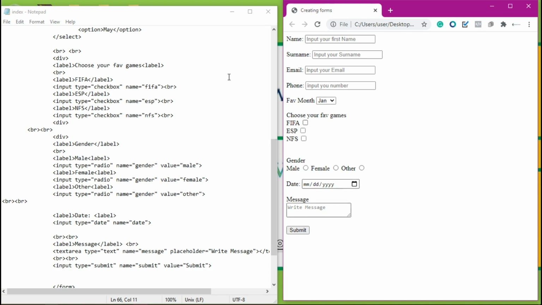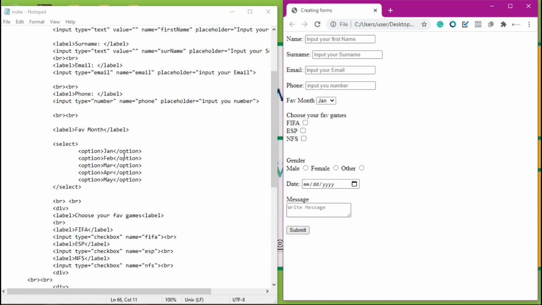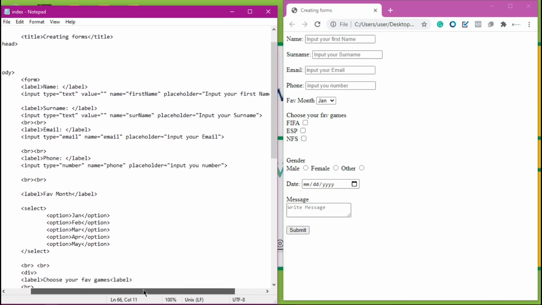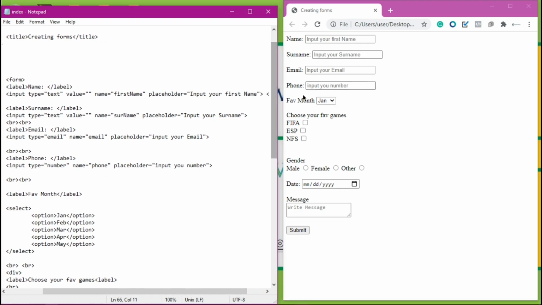So now I want us to look at, let's say you want the user not to submit an empty form. You want them to actually fill in all this space and not submit an empty form, because if you click on this, you can submit even if it's empty. So in HTML there is an attribute for that. You can actually come to your label, your name label, your first one here. Let's say you don't want this to be submitted empty. You can add a required